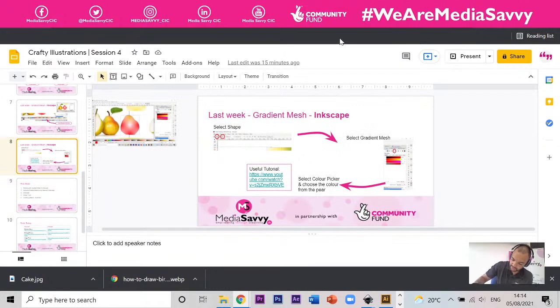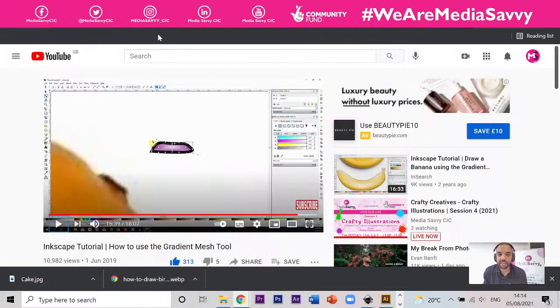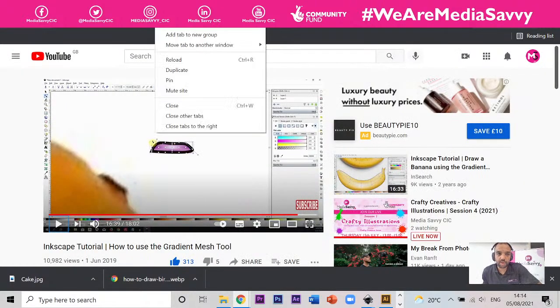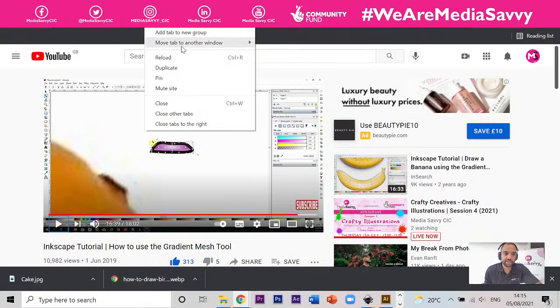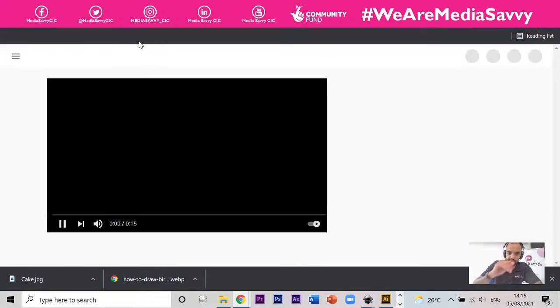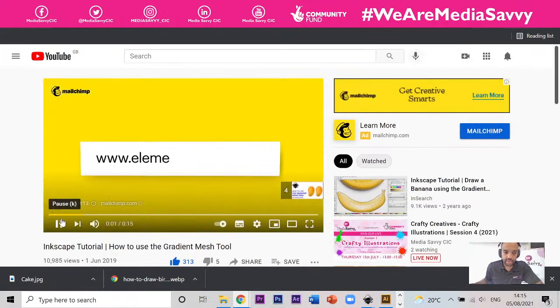I'll make a little note now on my little notebook. Creating cartoon. In fact, I'll quickly show you where it is. I really urge you guys to look at this, how to use gradient mesh tool, just to reinforce your learning. That link is actually on our presentation. It was really helpful, with MailChimp's Creative Smarts. Okay, so